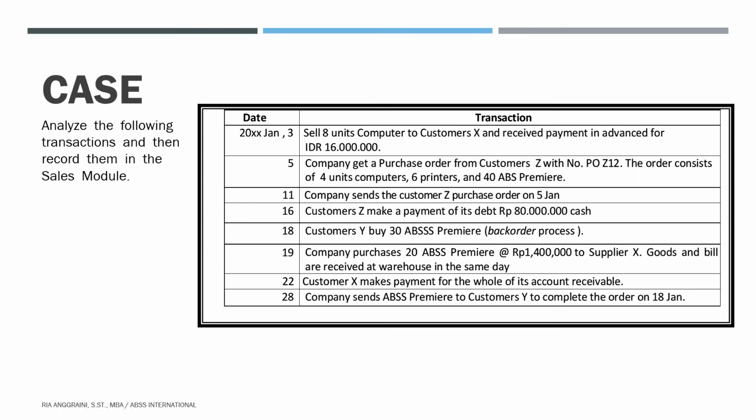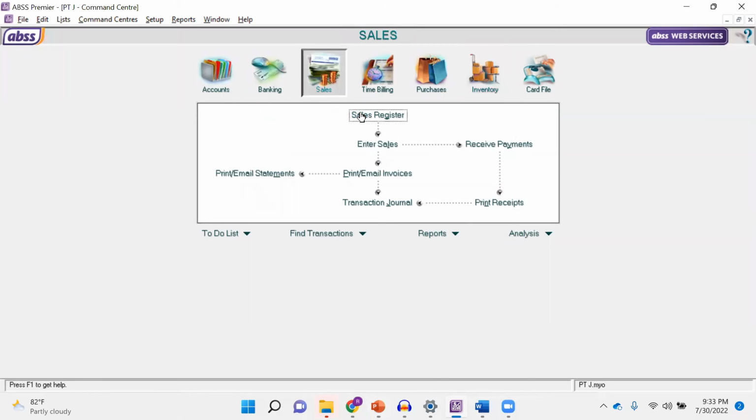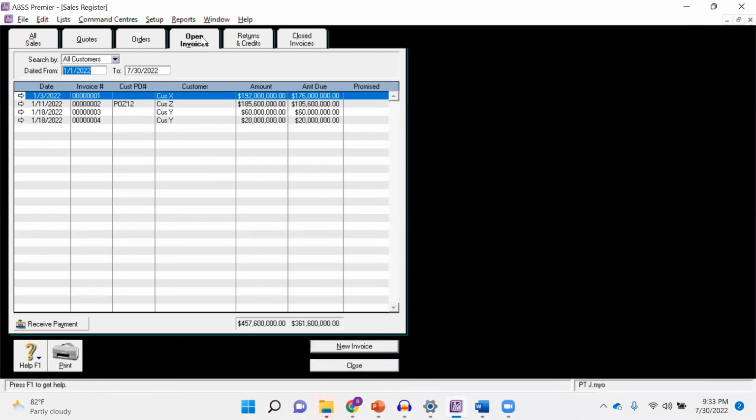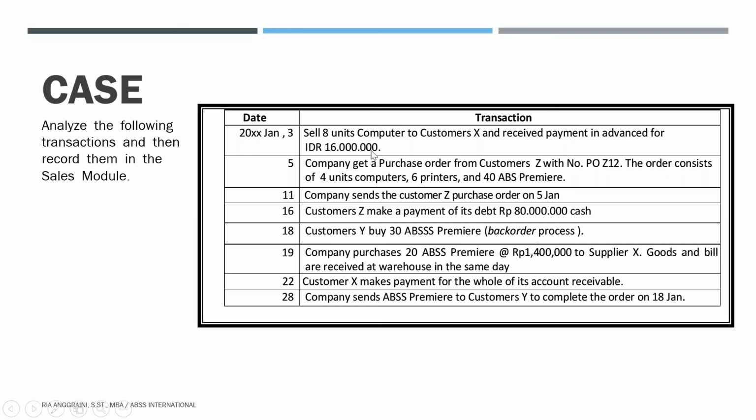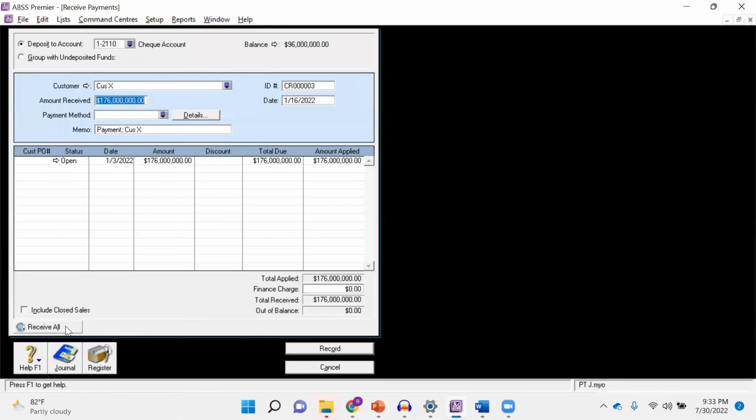Now let's move on to the next transaction, 22 January, in which the customer X makes payment for the whole of its account receivable. Let's see, go to the sales and sales register. Find the customer X on the open invoices tab. Customer X here, make sure, okay, and click here the customer X and then receive payment.